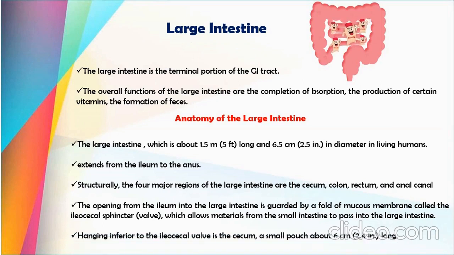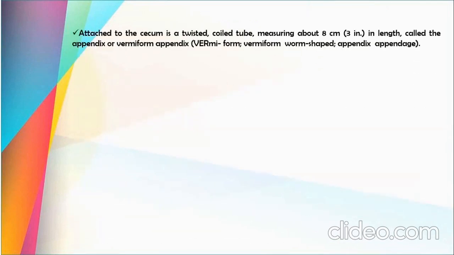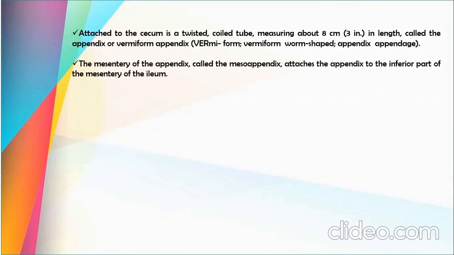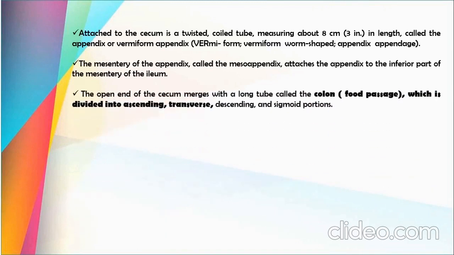Hanging inferior to the ileocecal valve is the cecum, a small pouch about 6 cm long. Attached to the cecum is a twisted coiled tube measuring about 8 cm in length, which is called the appendix or the vermiform appendix. The mesentery of the appendix, which is called the mesoappendix, attaches the appendix to the inferior part of the mesentery of the ileum. The open end of the cecum merges with a long tube which is called the